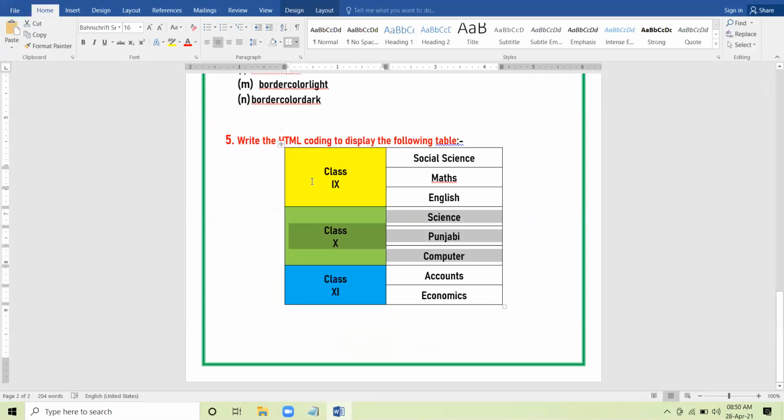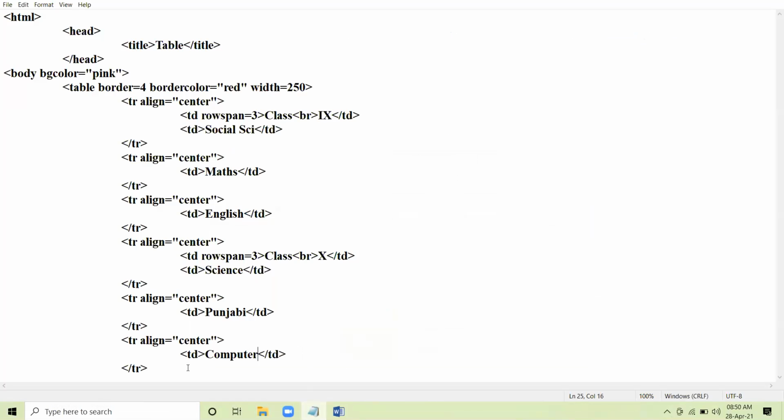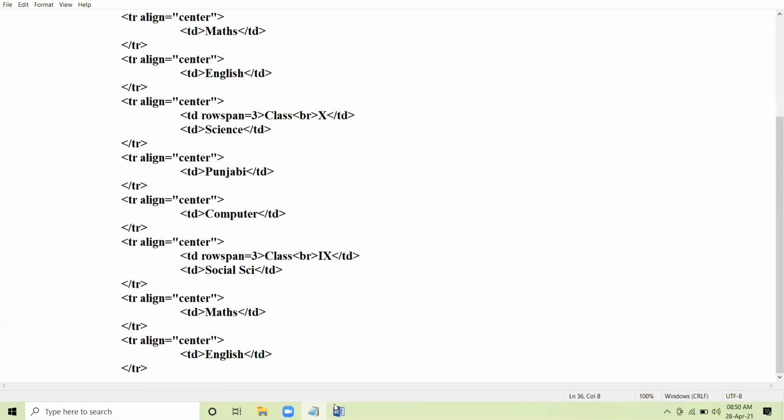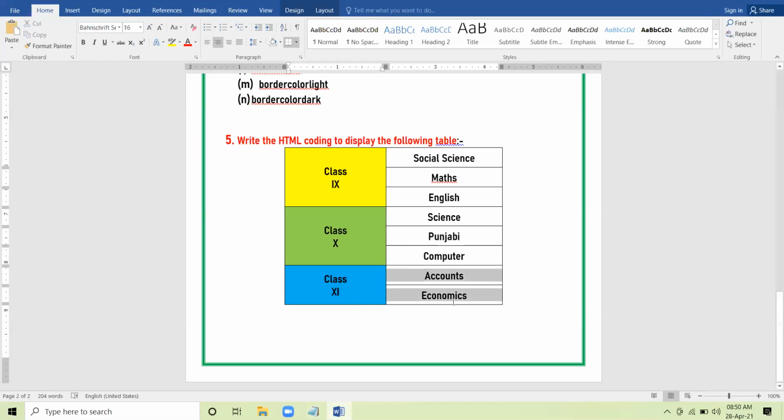So up till now, we have covered this much area. Now left is this, +1 accounts and economics. So again, I copy paste here. There are just 2 rows left. This cell where class 11th is written, it is combined with the next row cell. इकोनॉमिक्स वाली रो के पहले सेल के साथ क्लास 11th कंबाइन हुई है, यानी यहां पे सिर्फ 2 रो स्पैन हुई है.